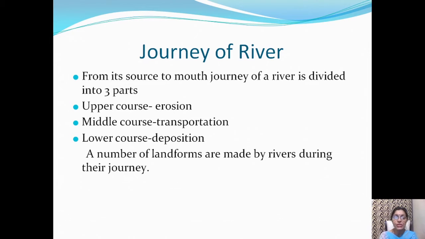During the upper course, the main work of the river is erosion. A number of landforms are formed by the river here, such as waterfalls, rapids, gorges, canyons, V-shaped valleys. Then middle course. The main work of the river in the middle course is transportation. Whatever the river has eroded till now, it carries that material with it and makes many landforms such as meander,